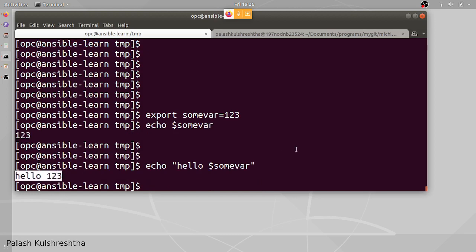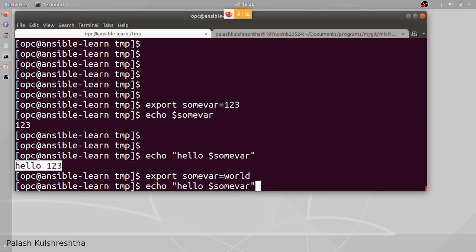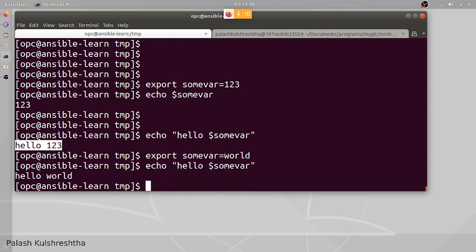So for example, if I want to change the contents of somevar to some other thing, let's try to export somevar equals world. And now let's see what happens when we echo hello $somevar. It gives us hello world.